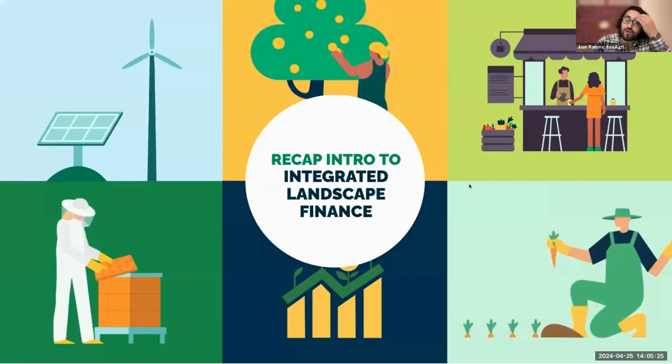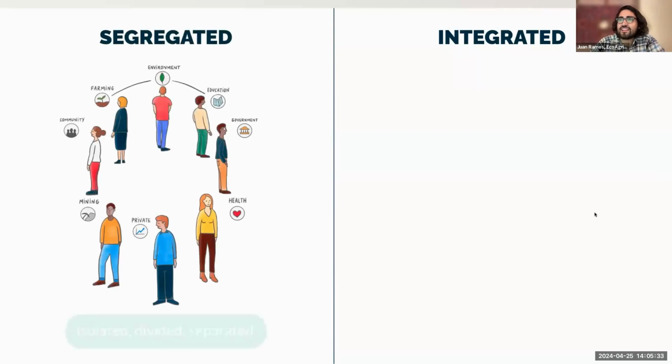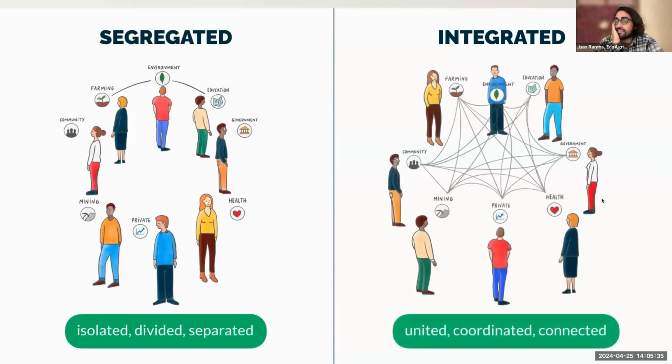So, a quick recap of the theoretical part of integrated landscape finance. The important thing here is that what makes this different from traditional finance is that we're thinking about connecting different pieces. It's not just about different things in isolation, it's about the process of how these things connect and, over time, how you can make funding and ideally a plan bring these things together to have real sustainability.